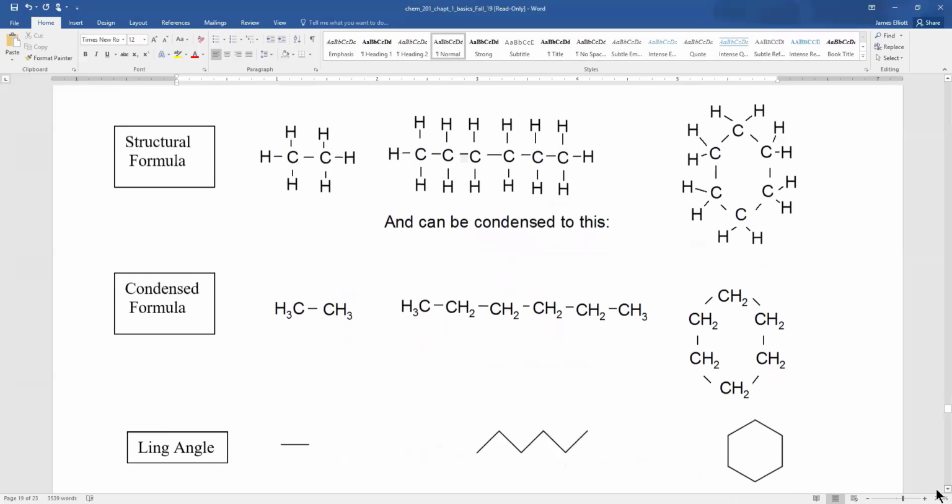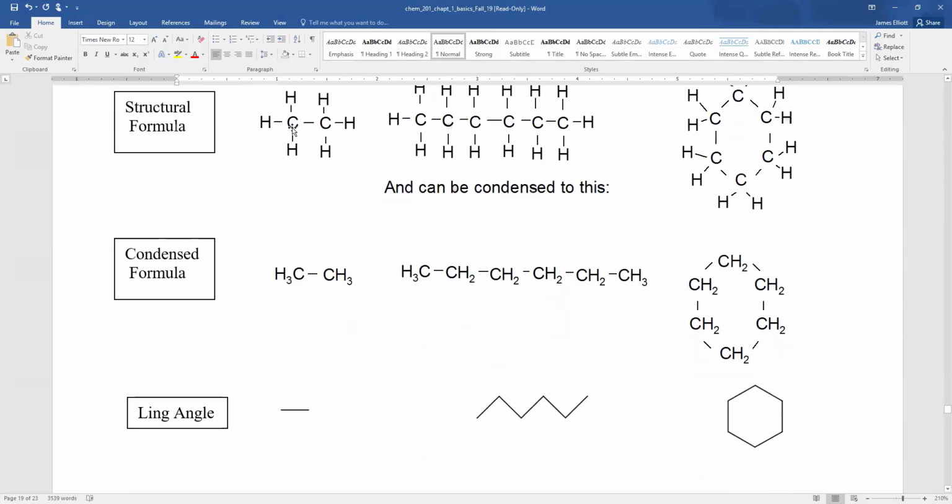So I can move this up a little bit, so you can still see the structural formulas. And then we've got these line angle formulas at the bottom. The lines you're seeing are emphasizing and showing the carbon-to-carbon bonds. So every time the line reaches a point, or every time the line changes direction, it's the implied position of